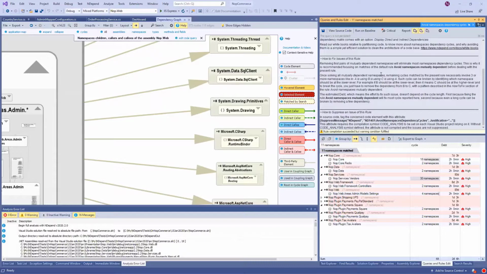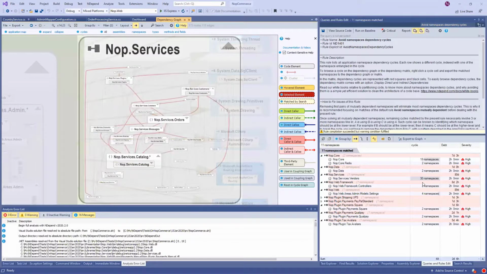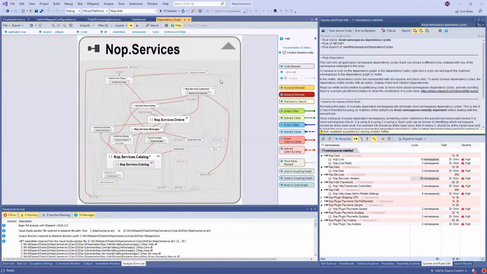Okay, you don't need to look at the source code if you already have high level information like the description. Okay, so here basically this rule says that it doesn't want namespace dependency cycles because this is the rule of entangled code. And if you don't believe me, I can export this cycle made of 30 namespaces in NoOp.services.